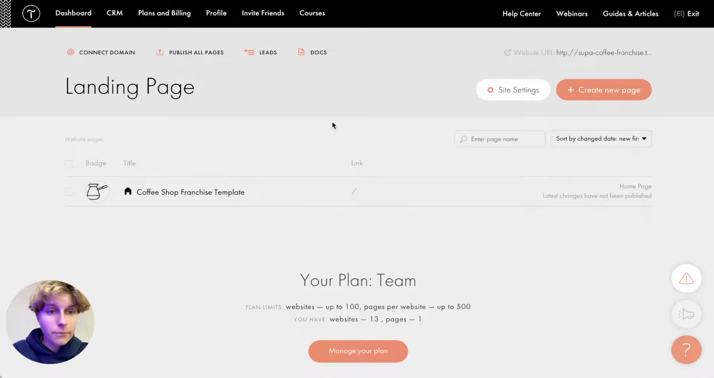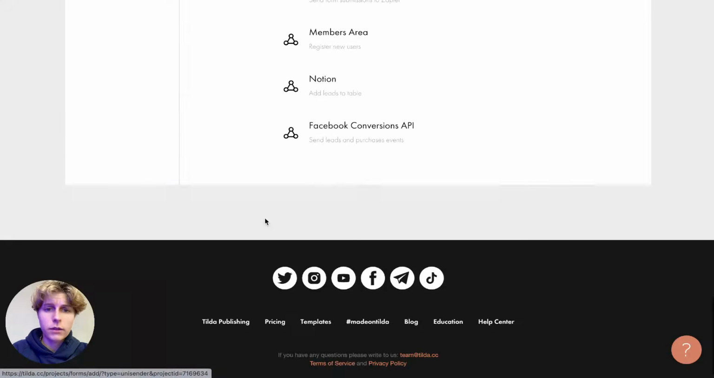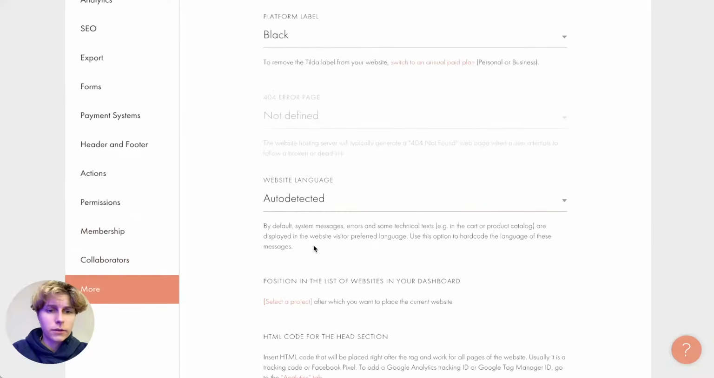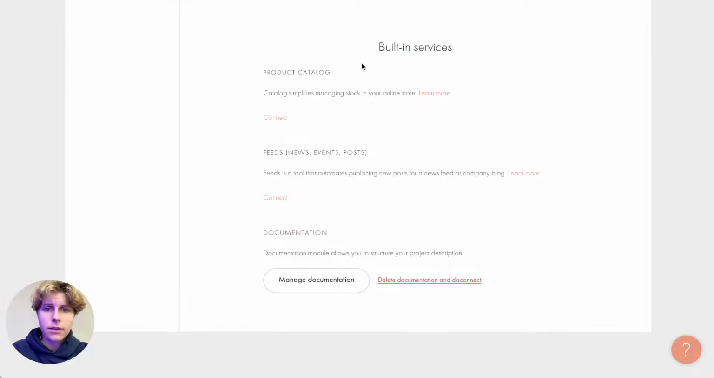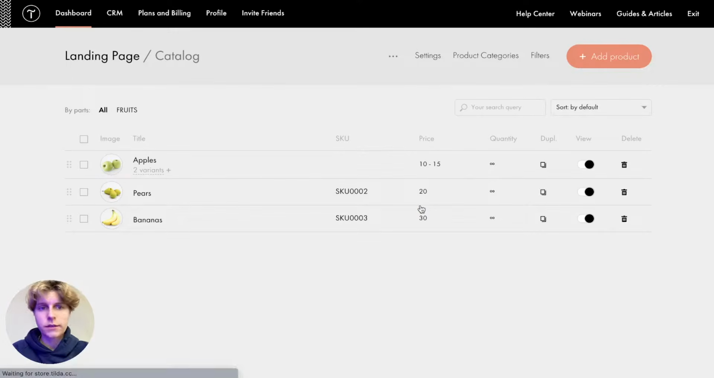Right. So another thing that I want to show you before we wrap up probably would be how you can add a product catalog and feeds. So if you go to site settings and you go into the more, and you go down, here are the built-in services, right? And product catalog here, you click connect, and you end up in the product catalog dashboard, which, as you see, it's